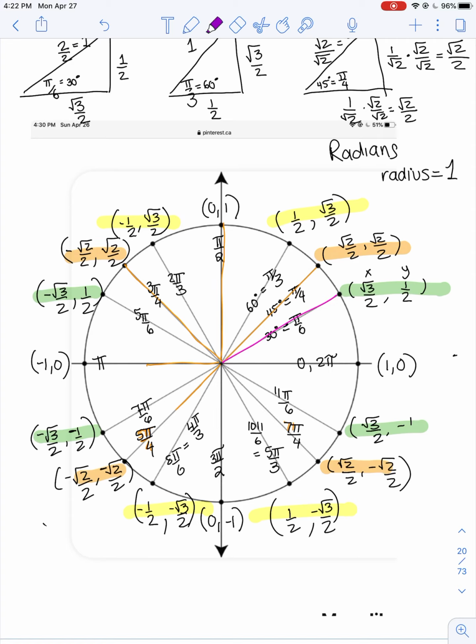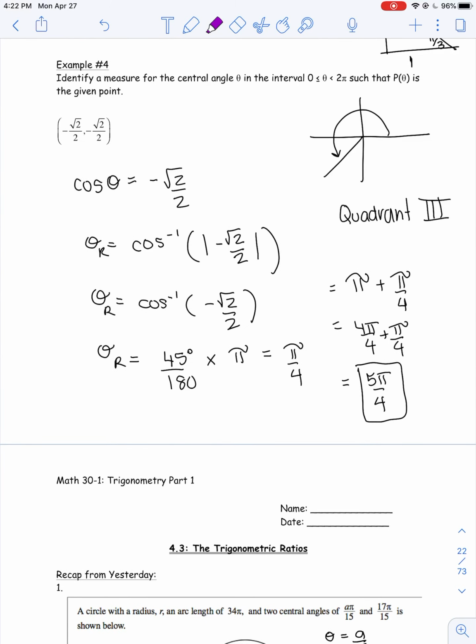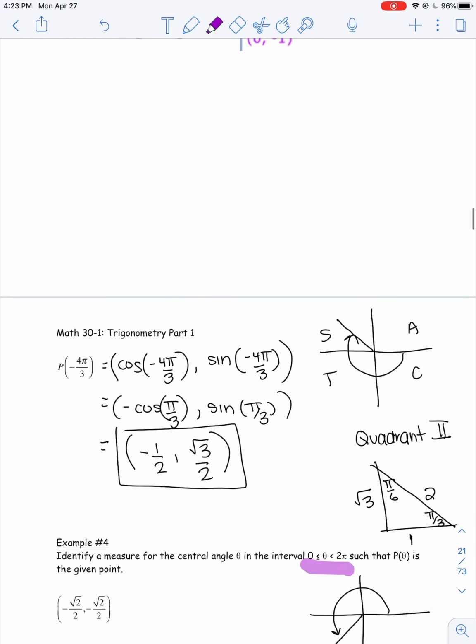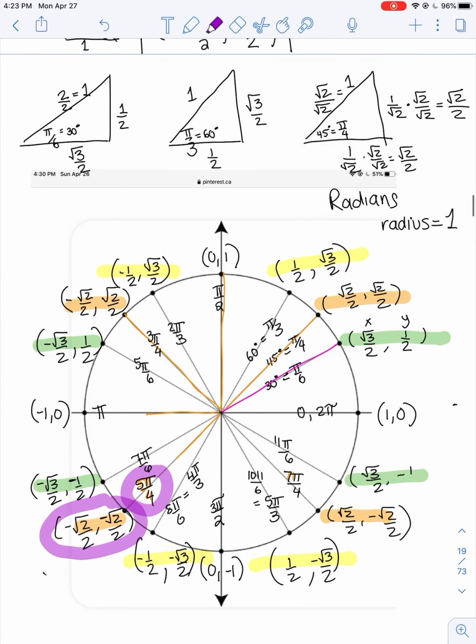So when we have this answer here, we want to look for both of them being negative root 2 over 2, and that would be this answer right there. So we know that the angle that it occurs at is 5 pi over 4, and that's what I record for example number 4. That's it. Okay, they wanted the answer going in the positive direction from 0 to 2 pi. That's why we just had to look at the coordinates without having to think about